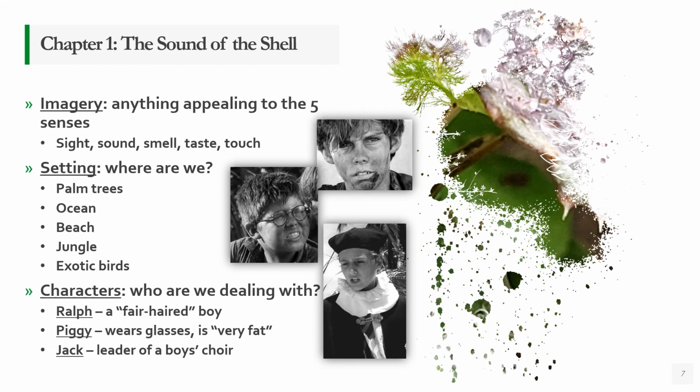And once they all start talking, they start to piece together exactly what's happened here. And it appears that they have just experienced a plane crash. Okay? All of the boys have survived, obviously. And the other thing that they realize here is that there are no adults around. Okay? If there were any adults with them on this plane, which evidently there was a pilot at least, there are no chaperones, right? There are no adults to watch over the children. Okay? If there were any adults, it appears they may have died on impact or drowned in the ocean. Okay.